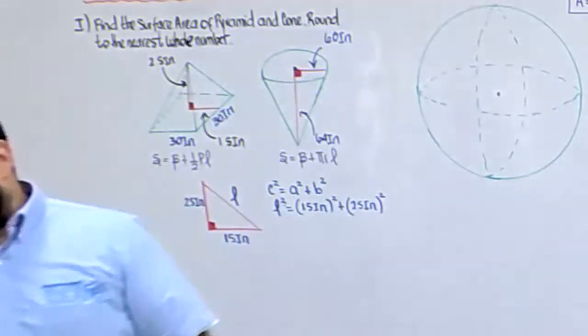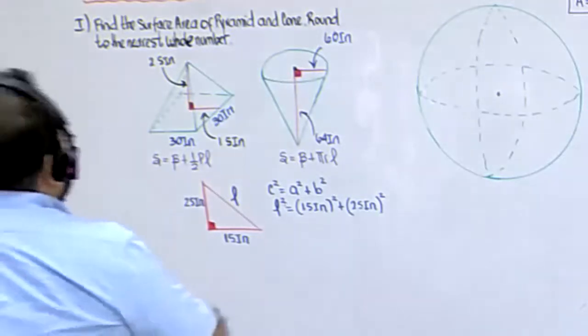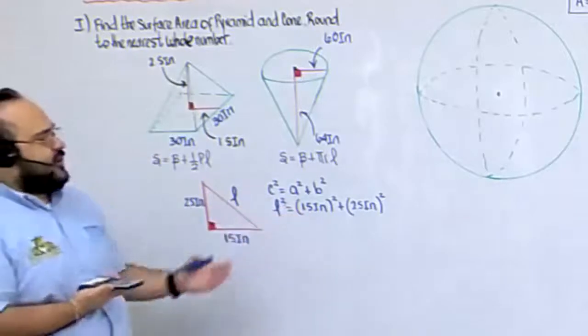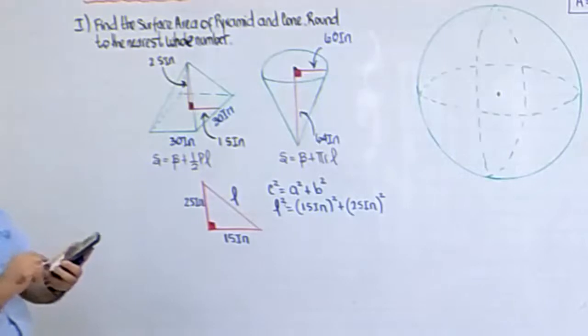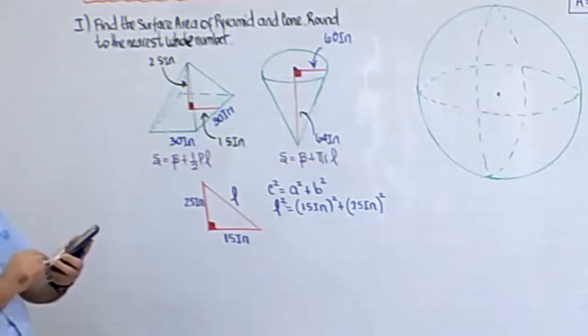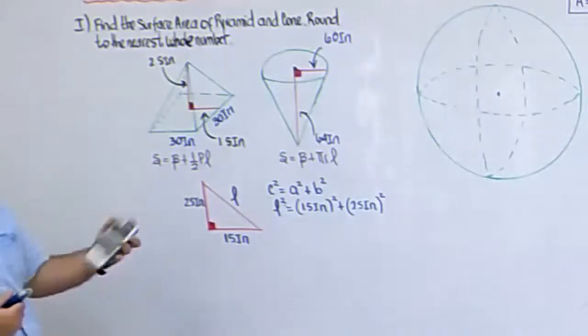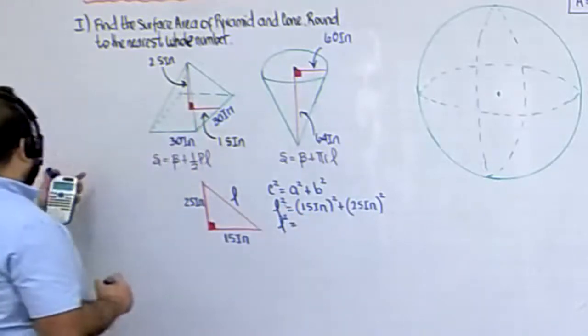Remember, when we apply the Pythagorean theorem, as a strong recommendation, the smaller value will be a, the middle one will be b, and the greatest value will be the hypotenuse. But remember, in the arithmetic properties, the order of the factors doesn't affect the final result, okay? For that reason, we have 15 squared plus 25 squared. That will be L squared equals